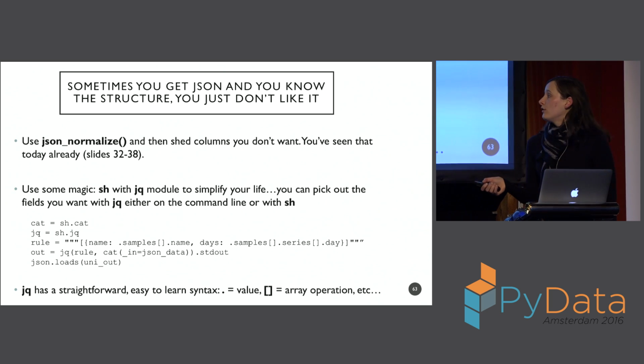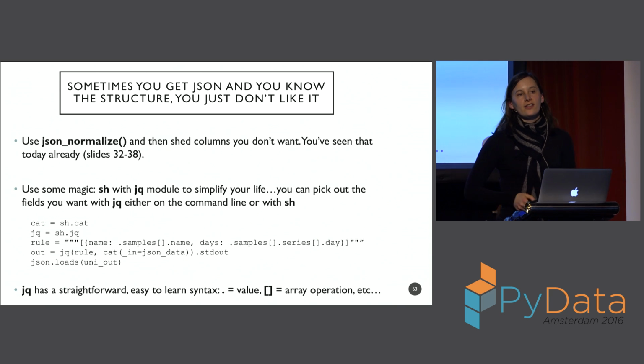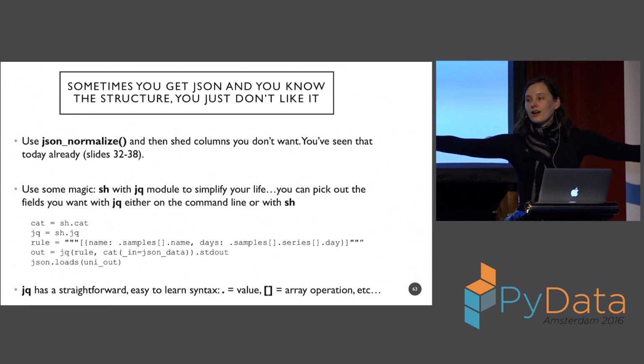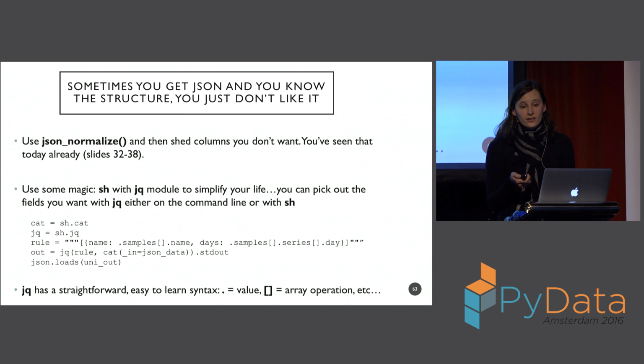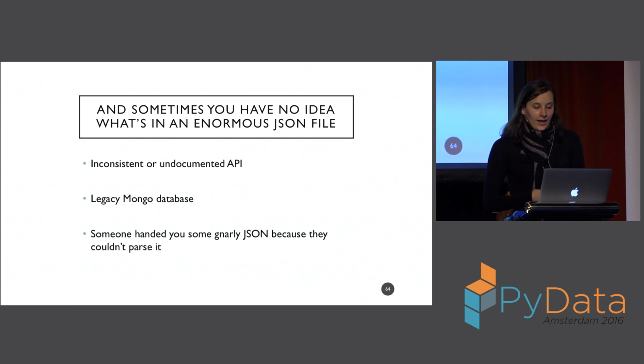If you don't know JQ, you should learn it, because what you can do is when you're reading your JSON, you can grab only the things you want. So if you really only care about 2 fields and you've got some horrible JSON that's got like 30 fields, some simple statement like this is going to get you everything. And you can also use it with the sh utility, so you don't even need to do it from the command line.